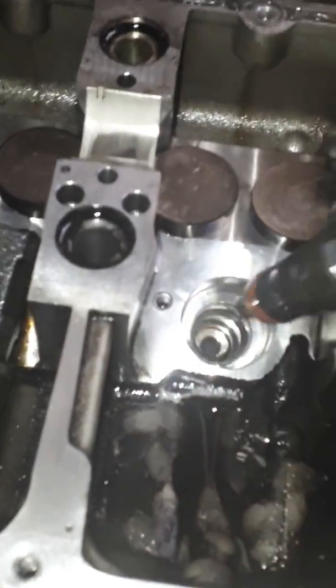Now this PD engine, the high pressure fuel pump bolts on the end of the cylinder head here, delivers the fuel to these rails. They in turn deliver the fuel through holes in the cylinder head to where the injectors sit. You take the injector out, you can see that hole down in there. This is where the fuel runs in, and it's sealed here on these O-rings, so it runs into that hole